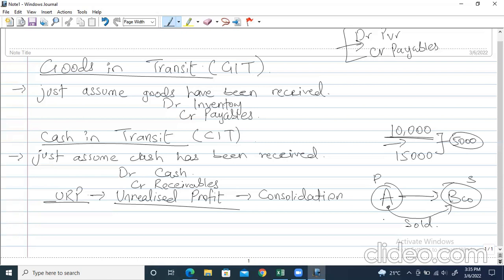Now, let's say A company is selling something which cost it 100, and it is sold for, let's say, 150. So how much profit is A company earning over here? $50, right? Because the cost is 100 and it is selling it for 150, so the profit is 50. But over here it is not the same company,